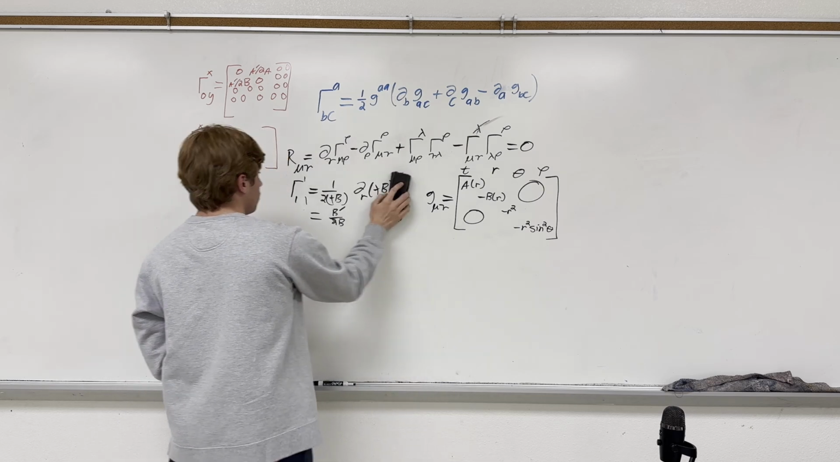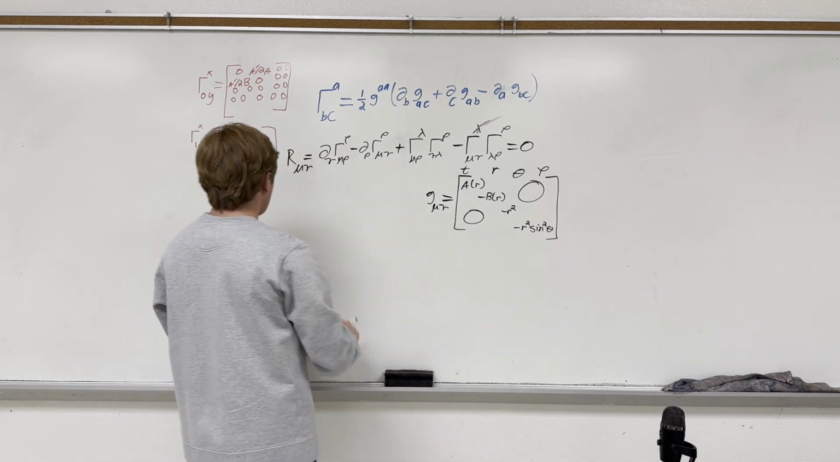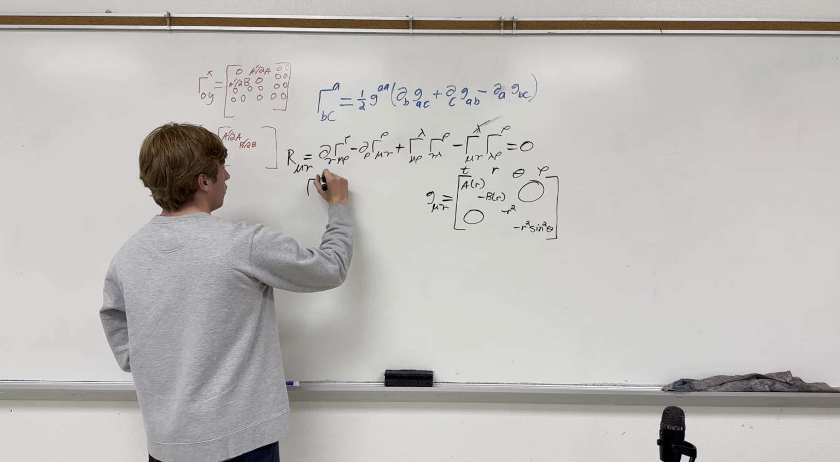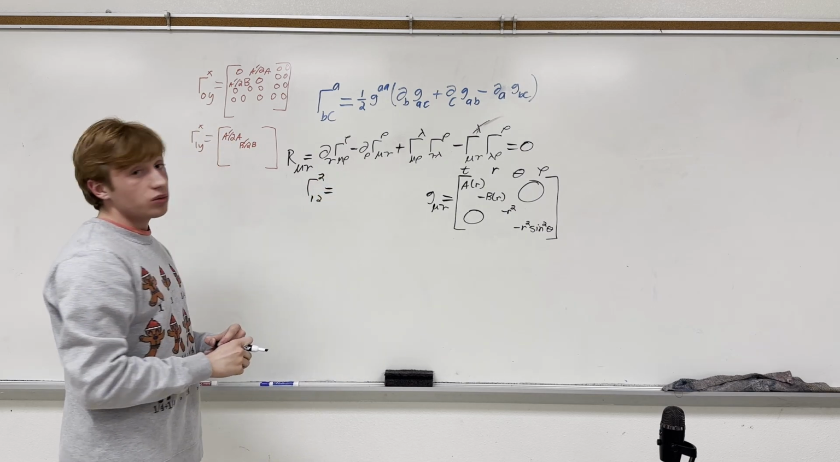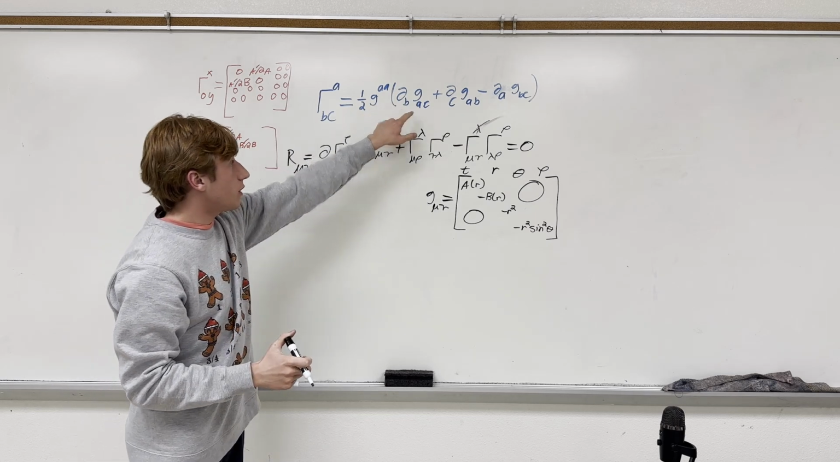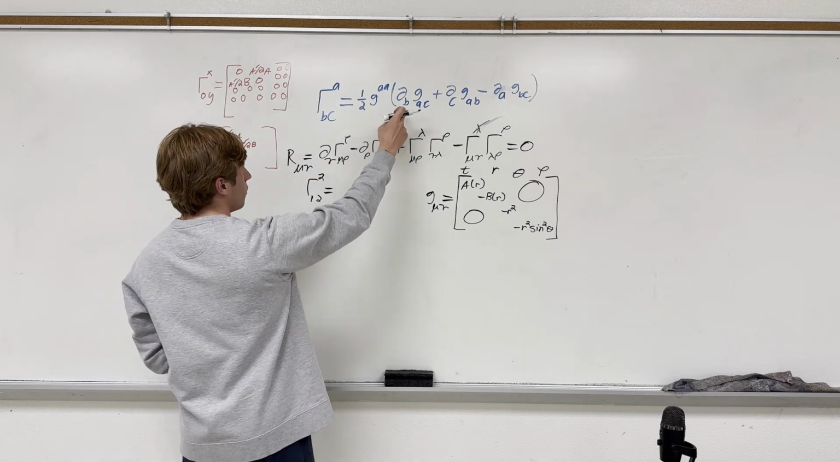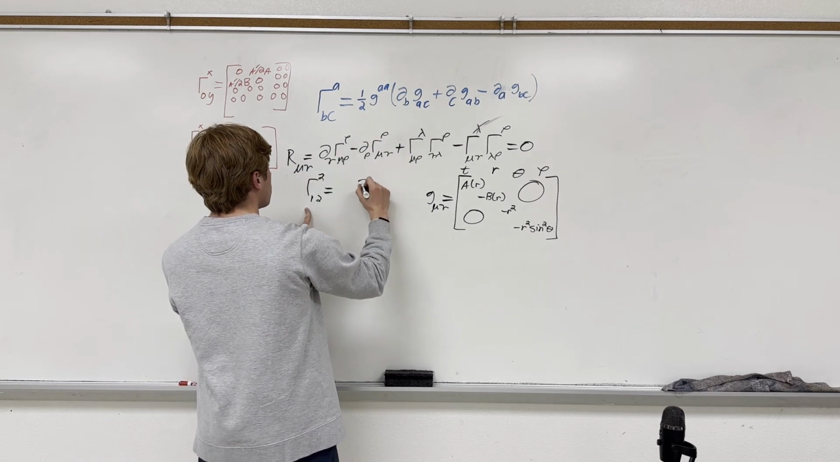And time for these next two. So now we have gamma of, let's see, 2, 1, 2. Here we have A equals C, so we only have to worry about this right here. We have B is equal to 1, so we have partial R. And then